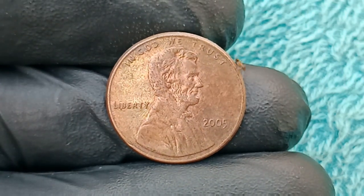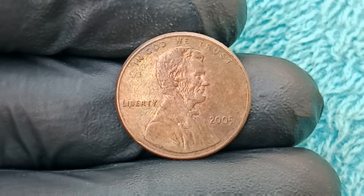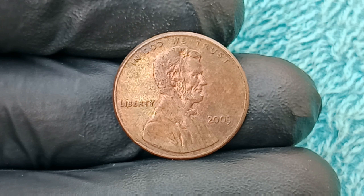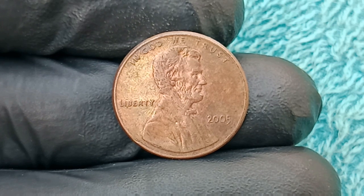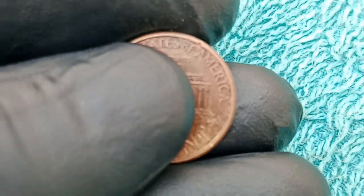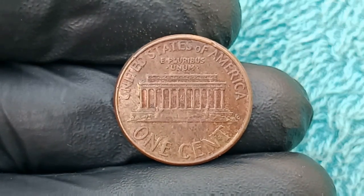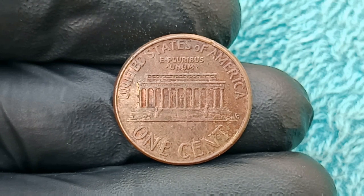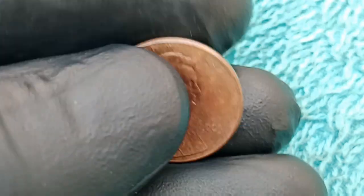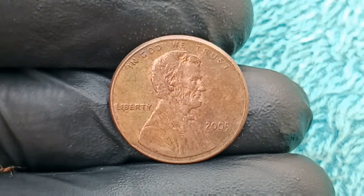and the astonishing value, comes from a cascade of errors that occurred during the striking process, beginning with an off-center strike that resulted in Lincoln's bust being shifted several degrees to the left, cutting off part of the lettering "In God We Trust" and partially removing the "2" in the date 2005. While the lower rim of the coin showed signs of a partial collar error, causing a slightly deformed and misrounded edge that numismatists refer to as a railroad rim, adding yet another layer of rarity to the coin's features, and